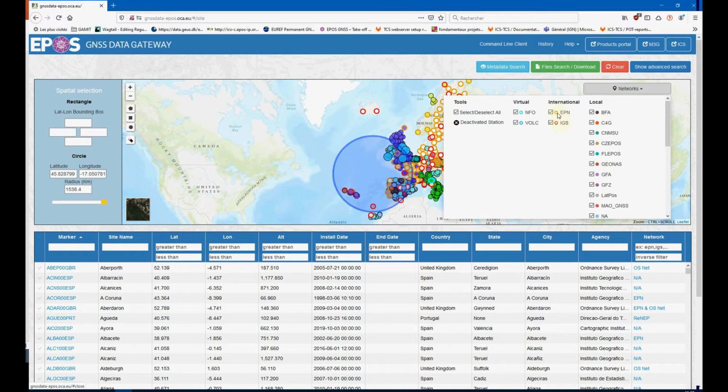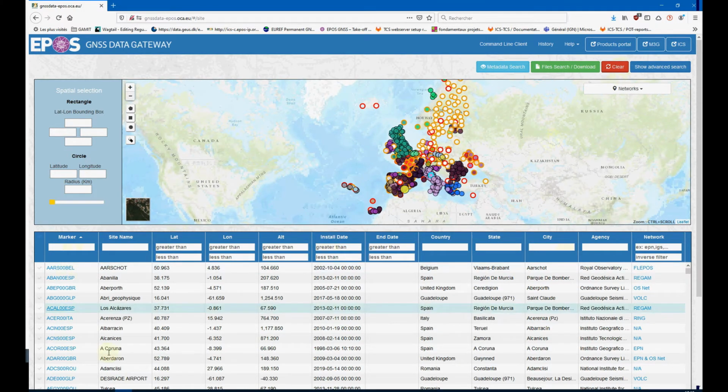You can see that you can choose local network with inner colors that are different. And also the third kind is a virtual network, for example, as for volcanology or near fault observatory network with bluish circle coloring. So we use cold color for this virtual network.